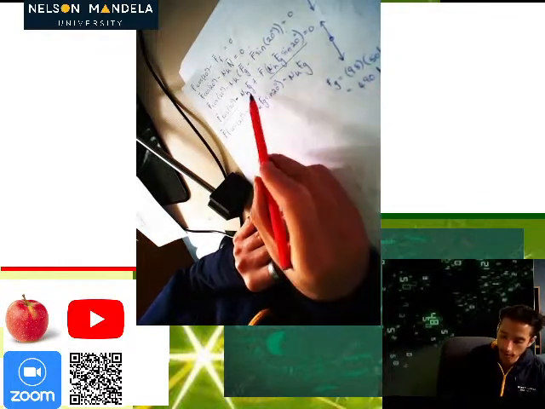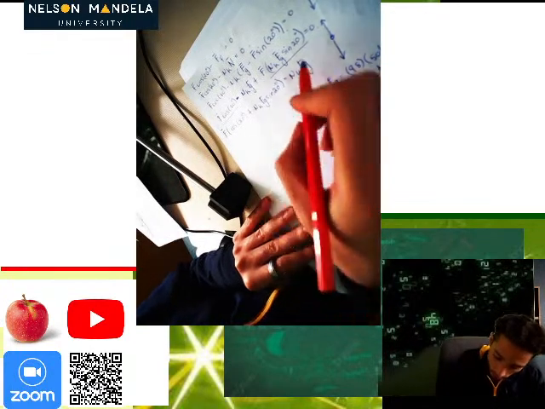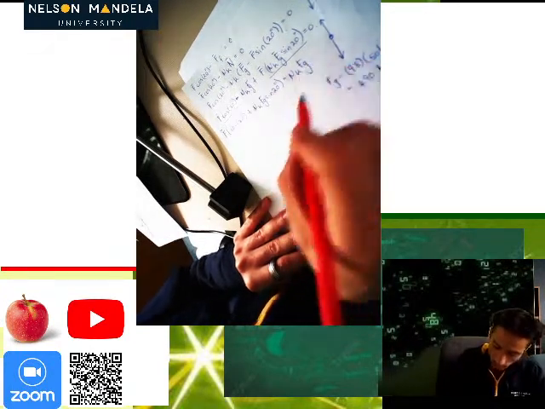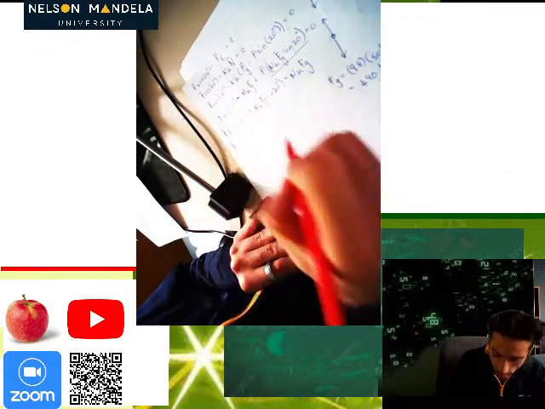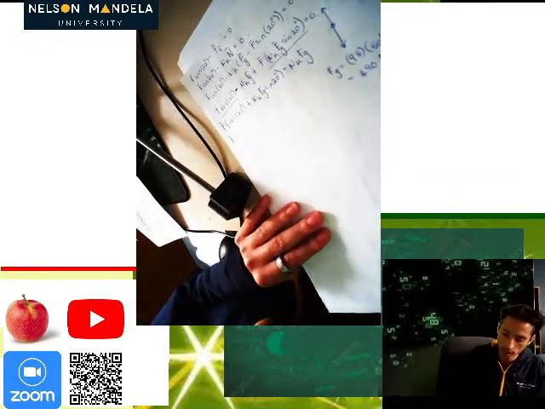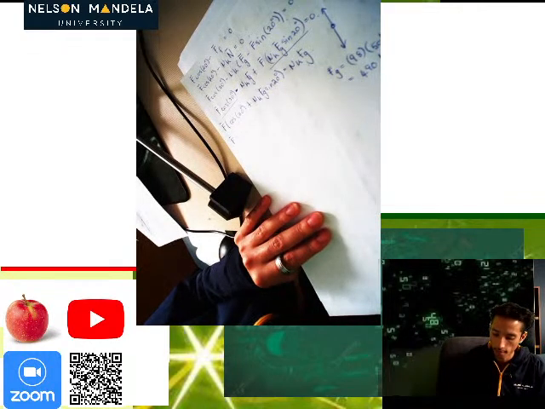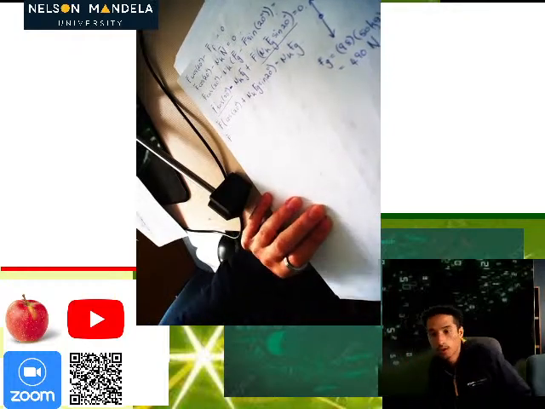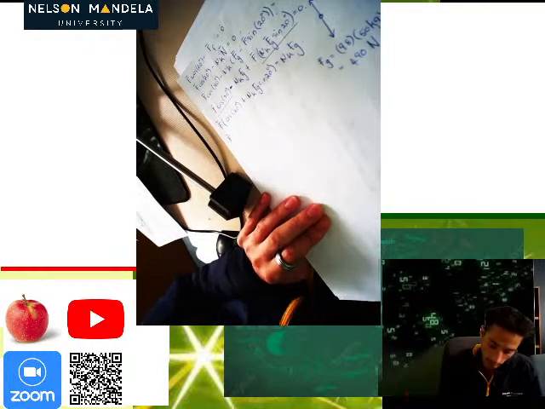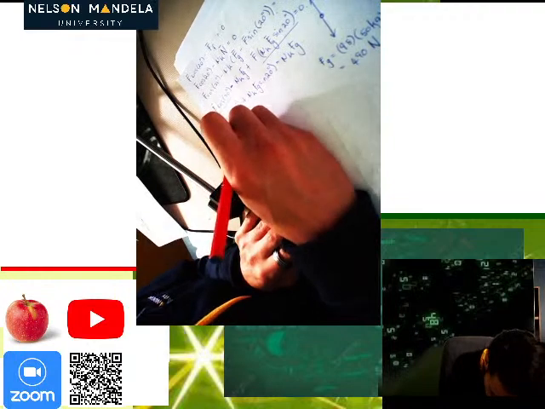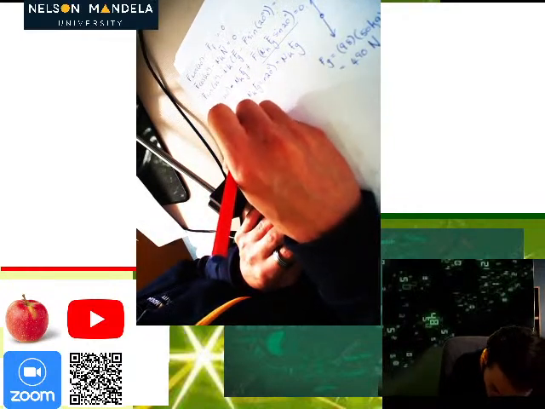So what I've done is moved mu k Fg to the other side, because that weight of the box multiplied by